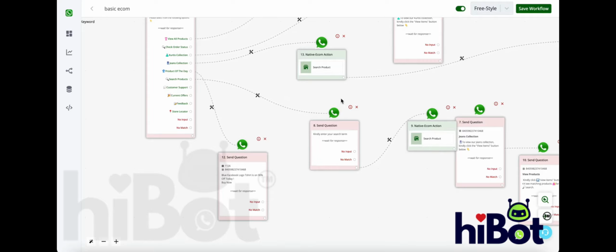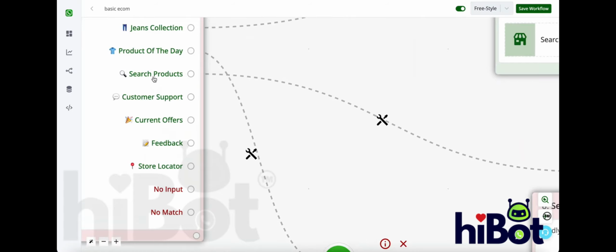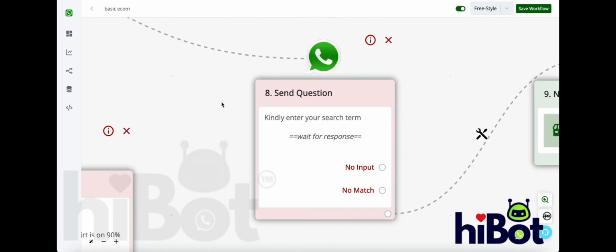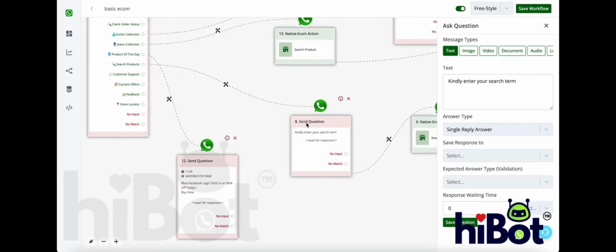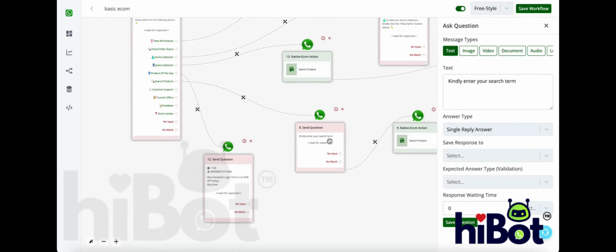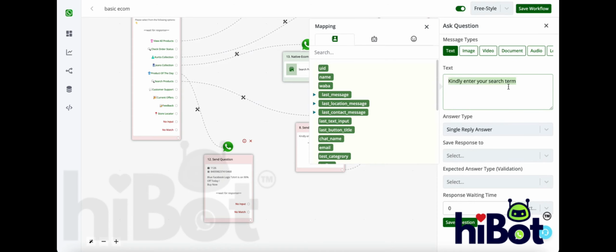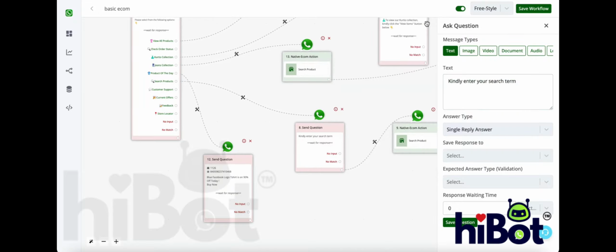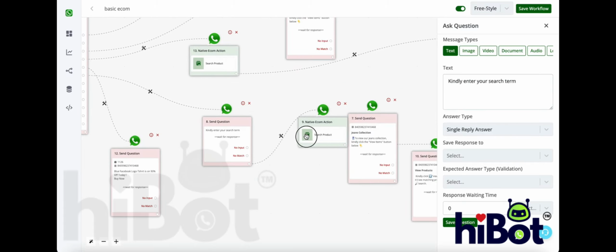Now what if you want to search products with multiple fields? So what you can do is you can have a search products list item, and then you can ask the question, kindly enter your search term. Well, we don't need to save this to any custom field or bot field. So basically, as soon as the user clicks on search products option, we are asking them what is the search term. This might be SKU, this might be color,